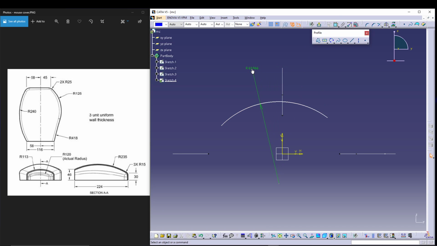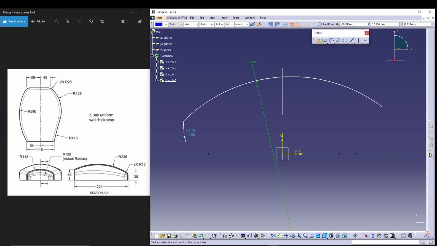Define the radii of 120. In case it goes away, you can drag it like this, and we'll take a profile. We'll start from here and finish the sketch like this. Okay,